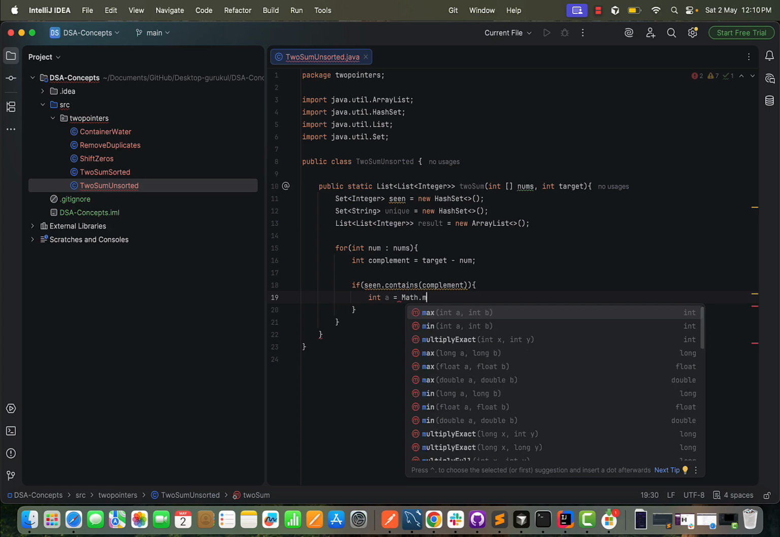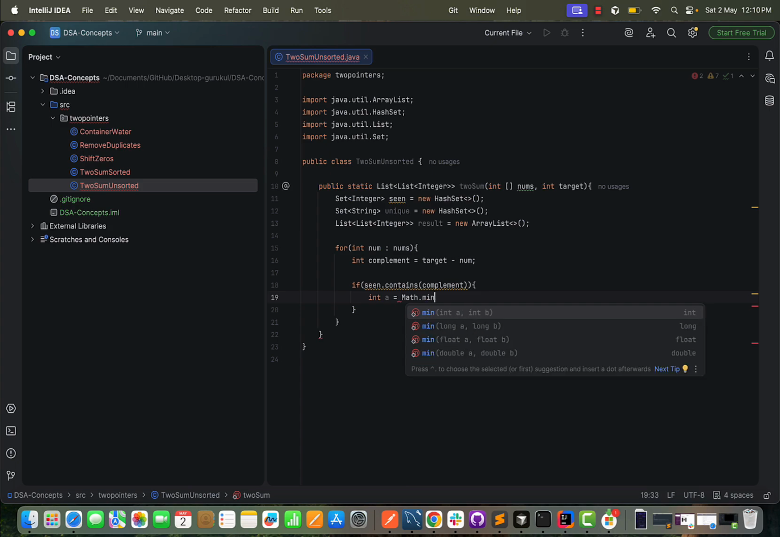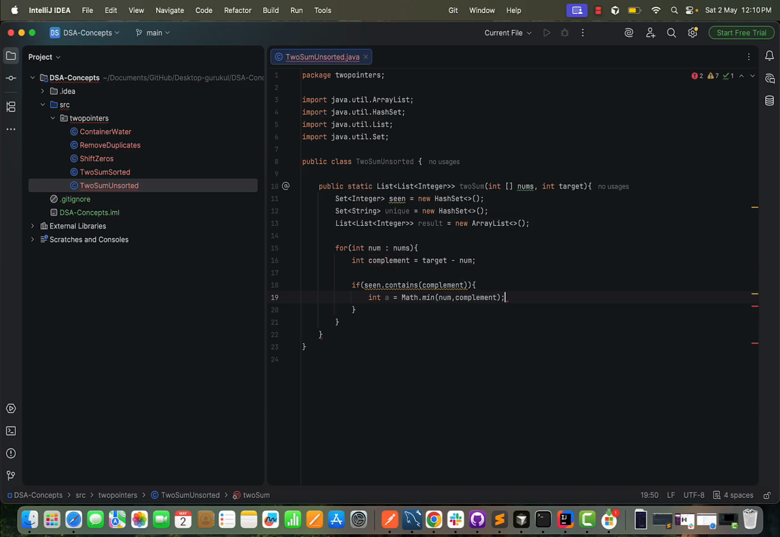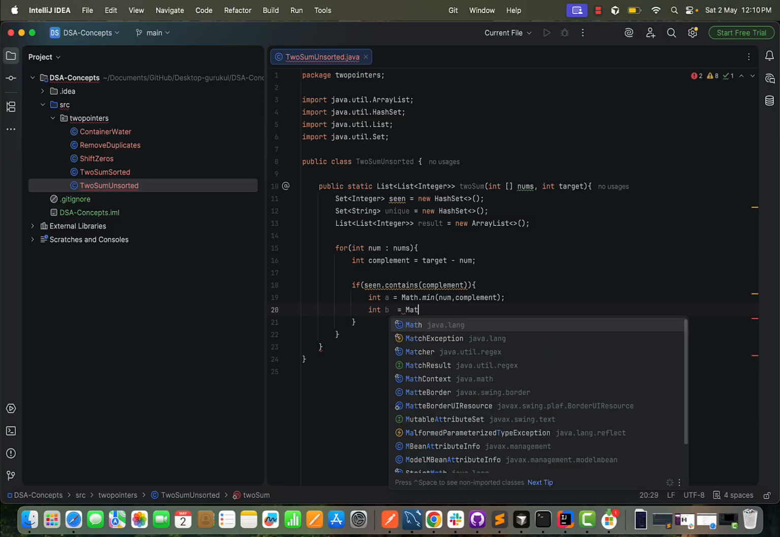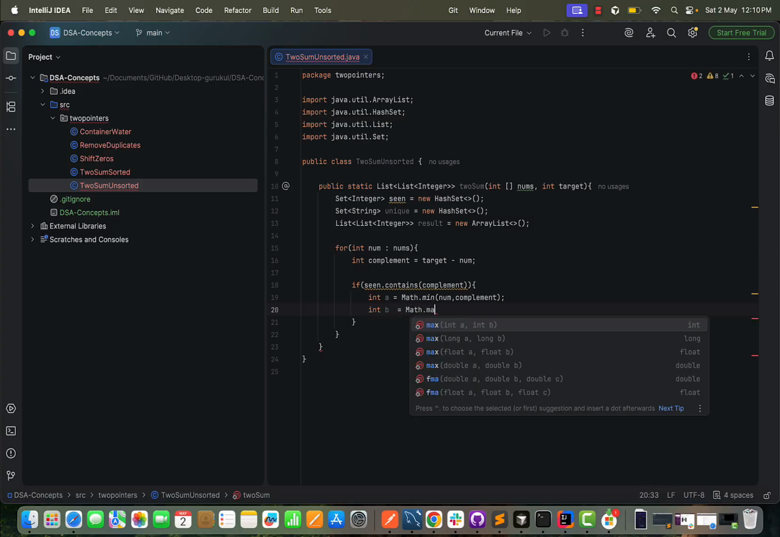Math.min. A is always the minimum and b is always the maximum, remember that. So num comma complement, right? Because num and complement are the pair, I have to find the minimum of those. In the same way, for int b, I have to find the maximum of those. Math.max,